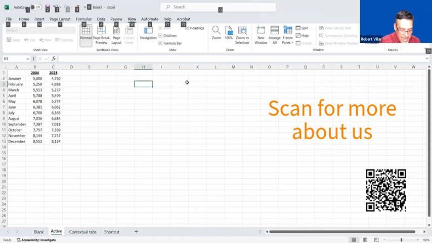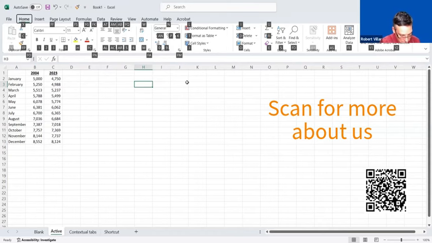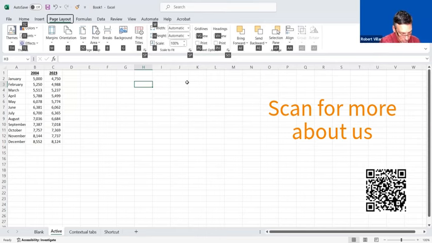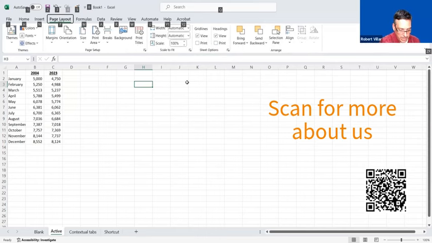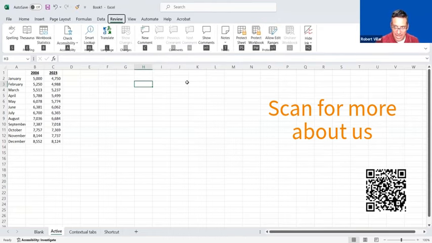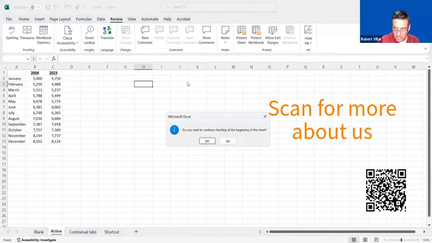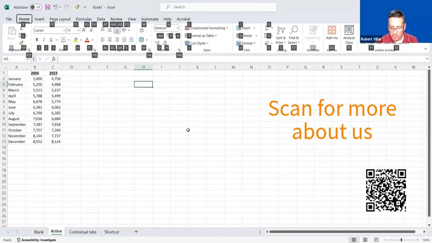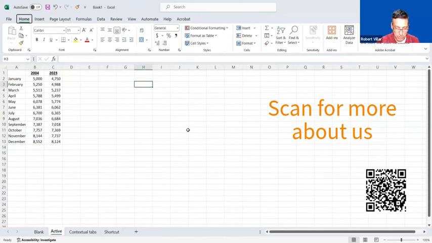So Alt F brings you to your File menu. Alt H gives you your Home menu. Alt P gives you your Page Layout menu. And Alt R takes you to your Review. Then if you want to spell check, just click the S and it'll do the spell check. Okay. Or once you are going back to the home, you can use your cursors